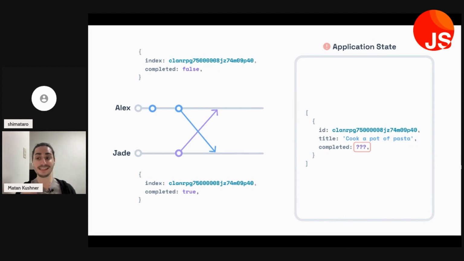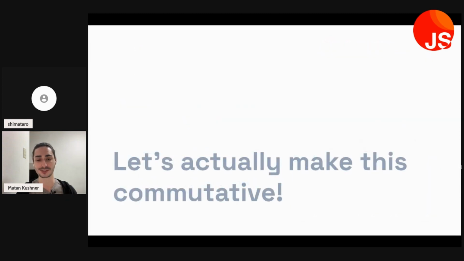The IDs didn't really prevent this kind of problem, where we have two users who are going to end up with differing state. Alex on his end is going to maybe see Jade's latest change. So if the pasta was cooked, Jade on her end is probably going to see Alex's latest change, that the pasta is not cooked. So at that point, we've diverged. We're working with different data across users. So we need to think of a way to make this actually commutative.